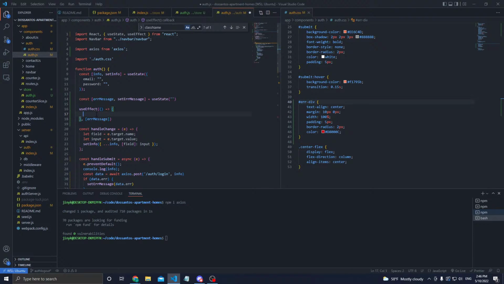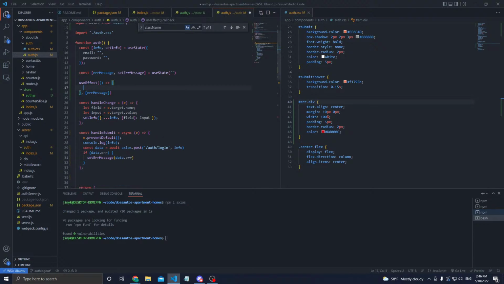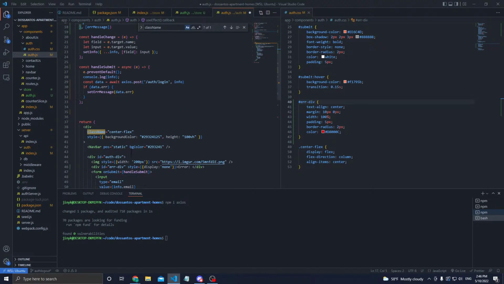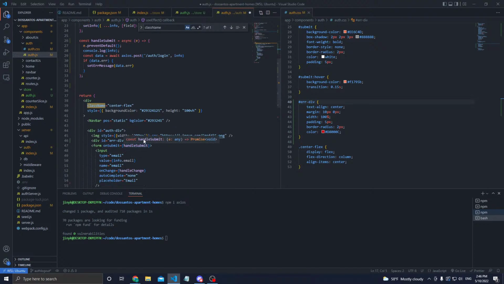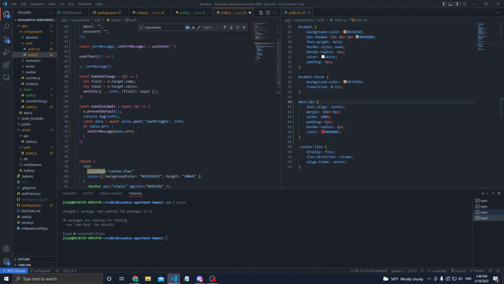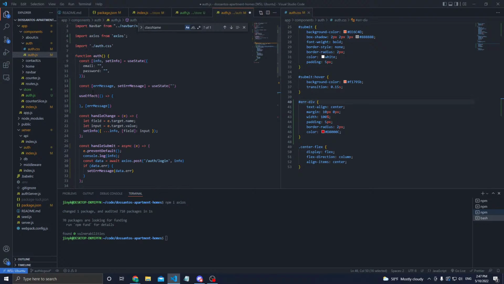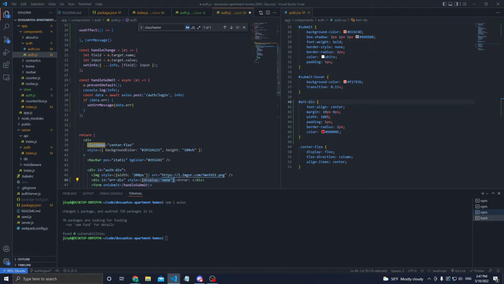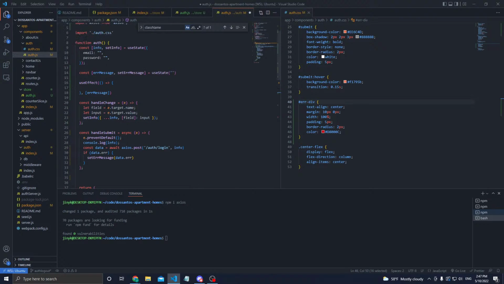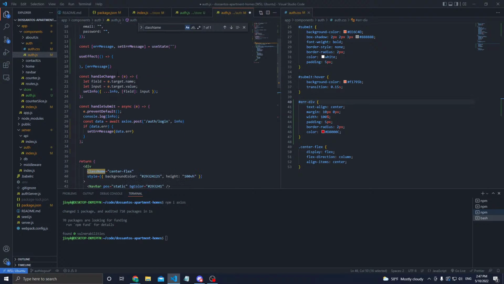If the error message changes, what we want to do is put this display none to the